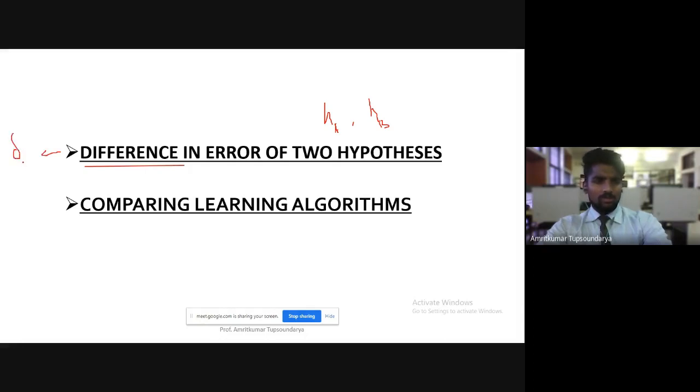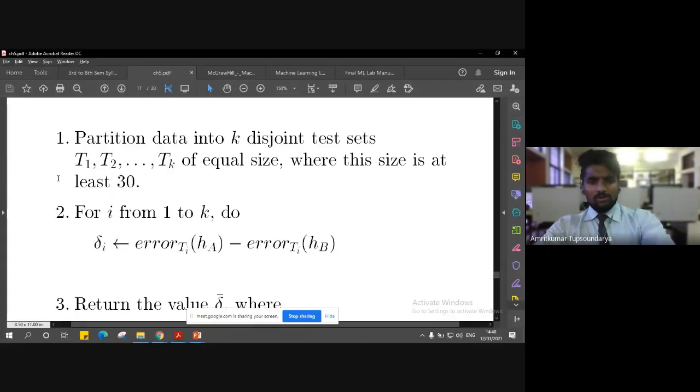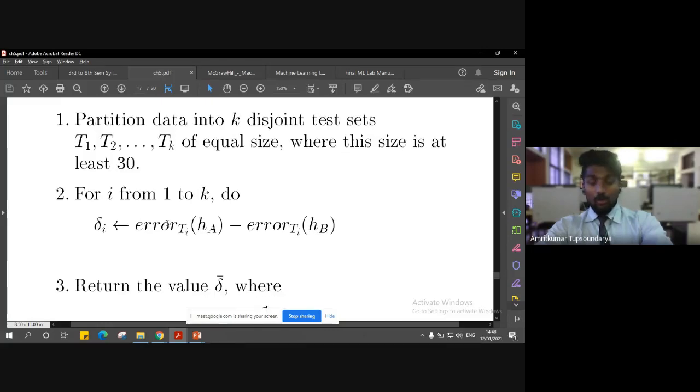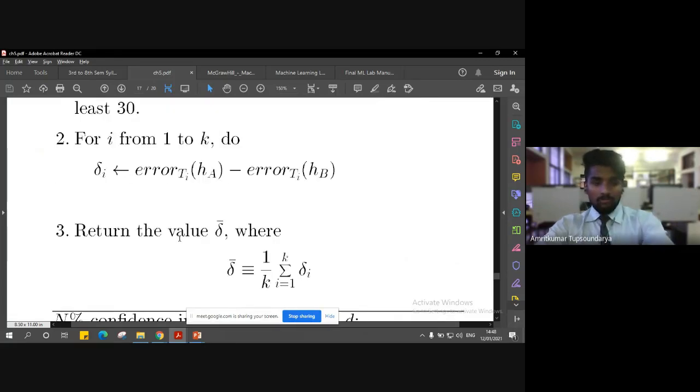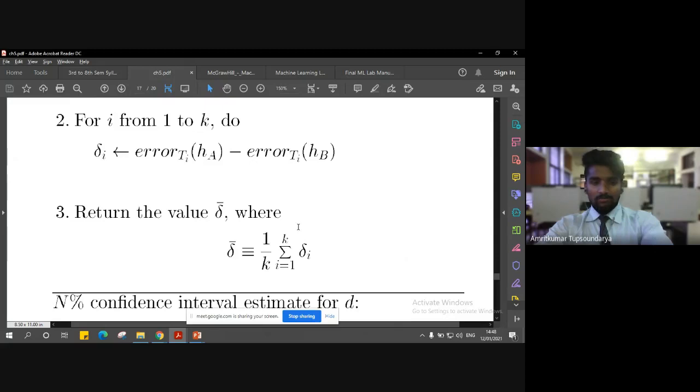The delta I can name it delta i. So now once we have this delta i for all of these iterations, we are going to return the value of this delta. How? We are going to return the value using this particular formula right here.